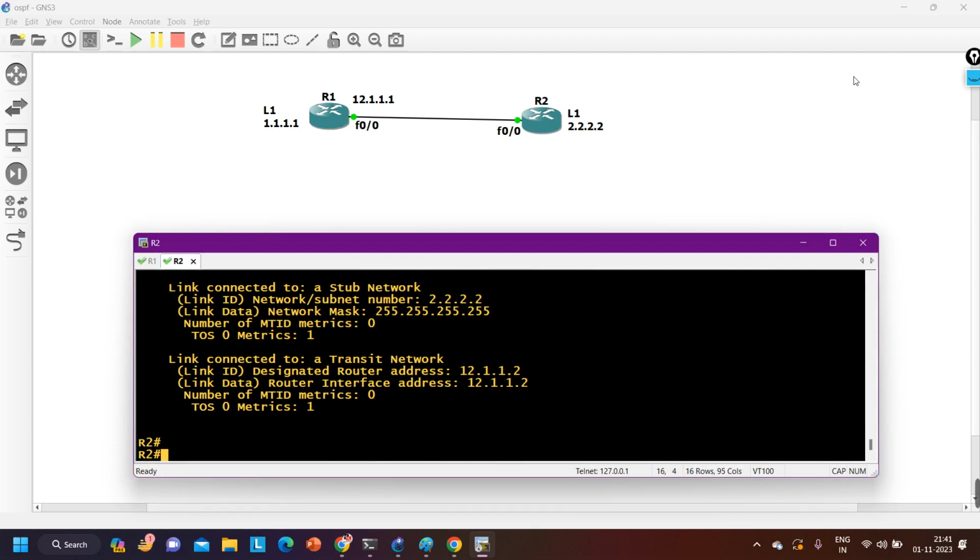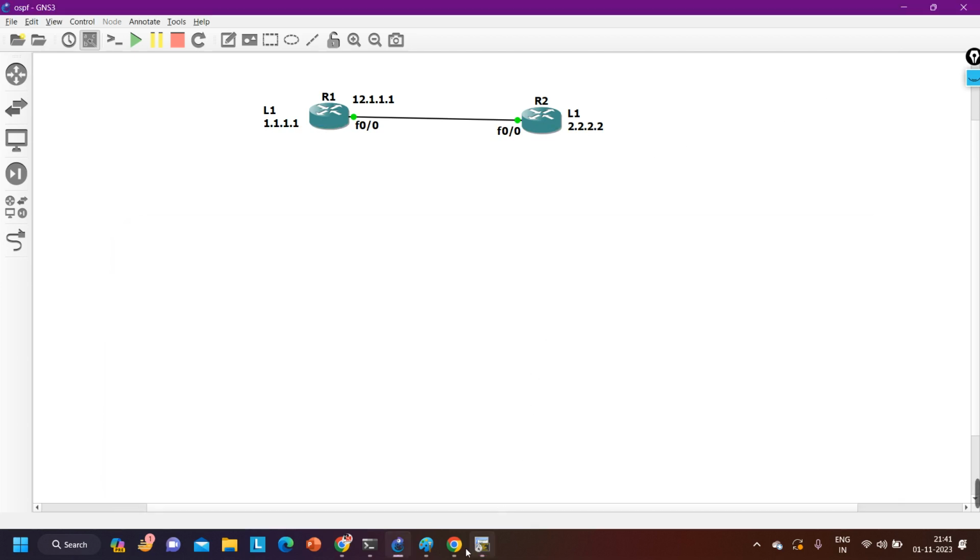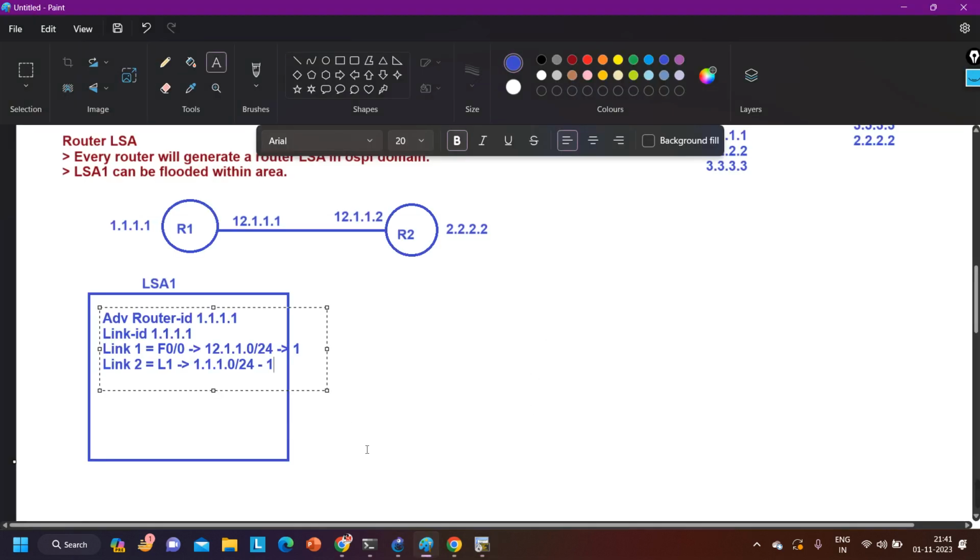Right? So the router LSA will be generated by all routers in the OSPF domain. It cannot cross an area; it can be flooded within the area. The router LSA keeps information of links. Like if router 1 has 10 links, it will add all links in its LSA 1. Okay guys,